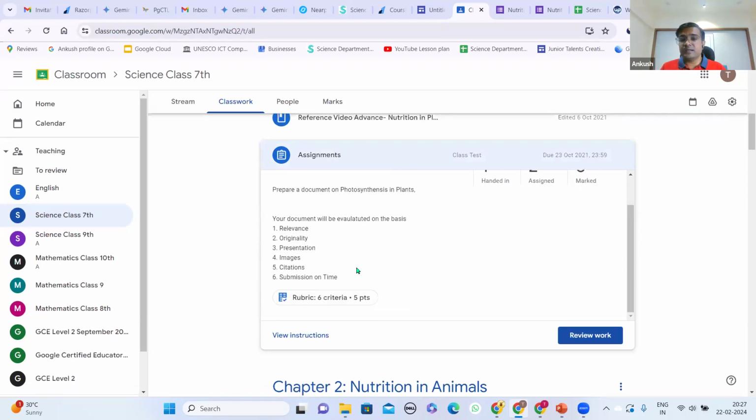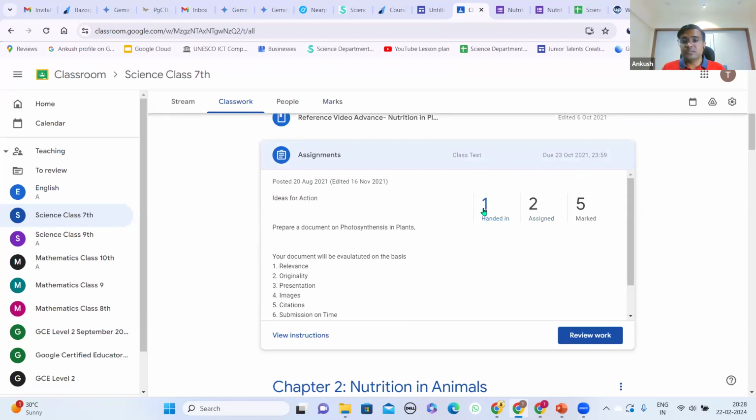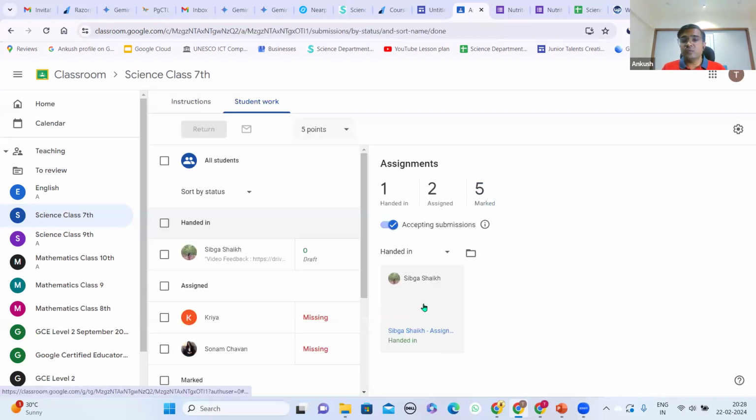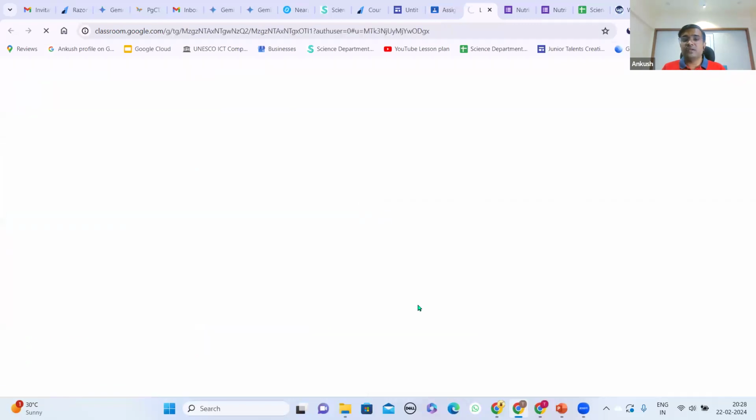And this is the criteria that I've set up for me. I'll be checking this assignment on the basis of relevancy, presentation, images, citation, and submission on time. So this is called rubrics. And now the first thing that generally I do, whenever we check the assignment,